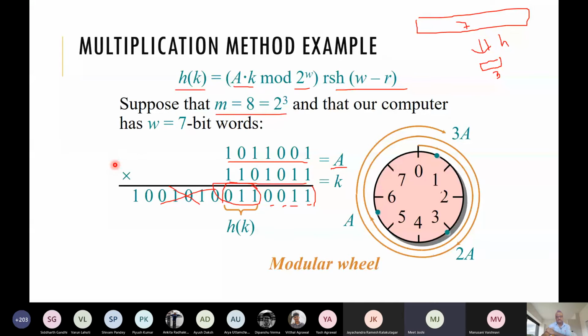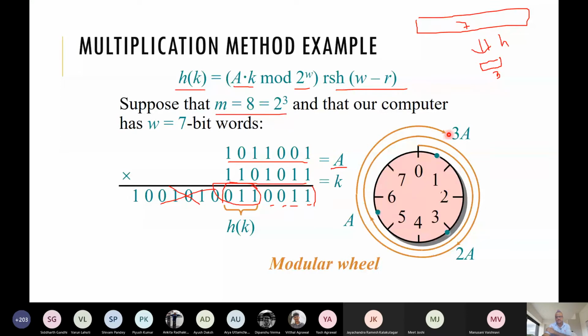Sir, what is the size of the wheel? Because everything we are doing is from 0 to here. So basically this is A into k. Depending on the k, if it is 2, then twice we are moving. If it is 3, it is sitting here.